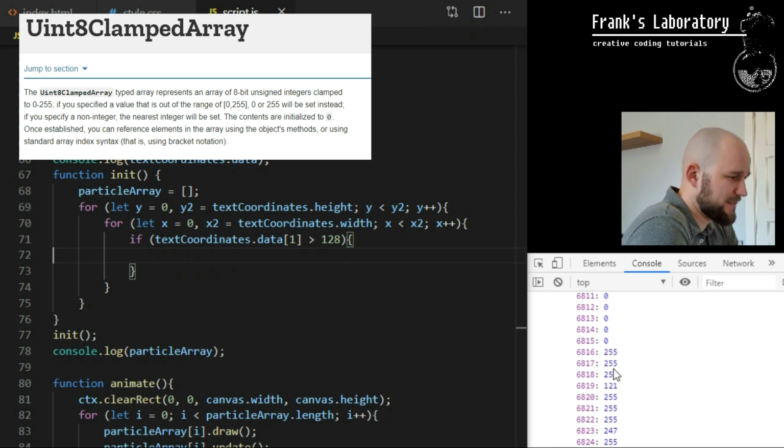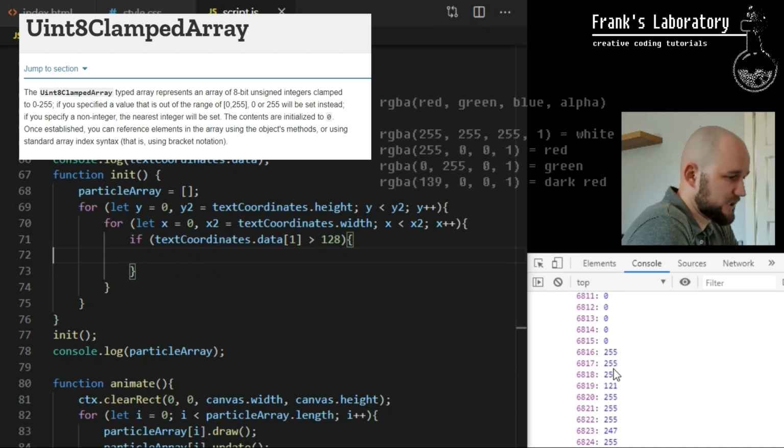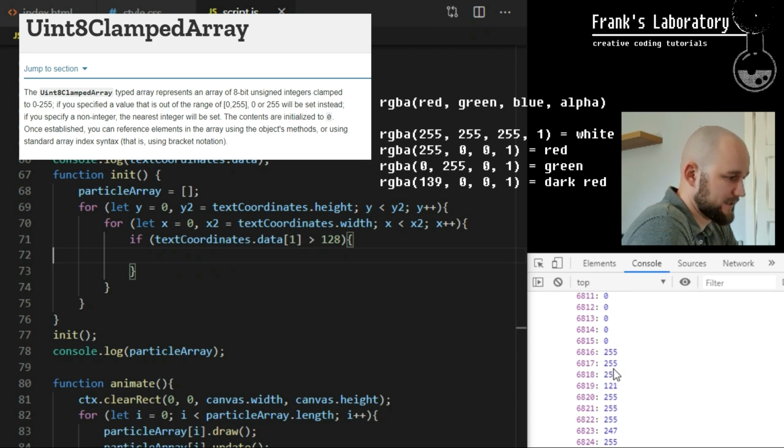So why does this array have 40,000 elements when the area we are scanning is 100 times 100 pixels? And we know 100 times 100 is only 10,000, not 40,000. Also remember that this is a special type of array called clamped array, so every element it contains can only be a number between 0 and 255. Again, very simple explanation. Let's look back at our RGBA color declaration. Each color is made out of 4 properties: red, green, blue, and alpha. Same with this clamped array data object. The way it's organized is every 4 elements in that array represent these 4 color values for 1 pixel.